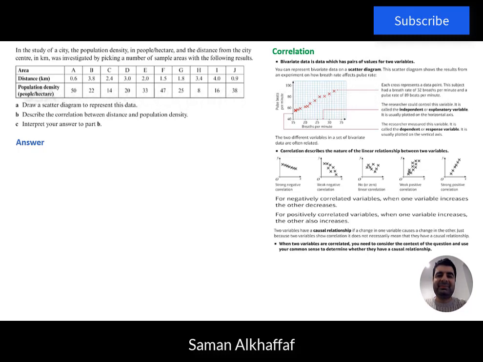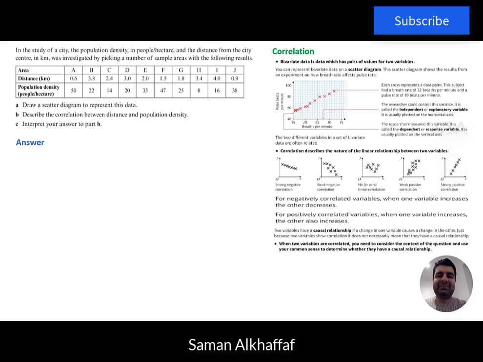The population density in terms of people per hectare: for A is 50, B is 22, C is 14, D is 20, E is 33, F is 47, G is 25, H is 8, I is 16, and J is 38. Now, based on the information that we have, we're asked to draw a scatter diagram to represent